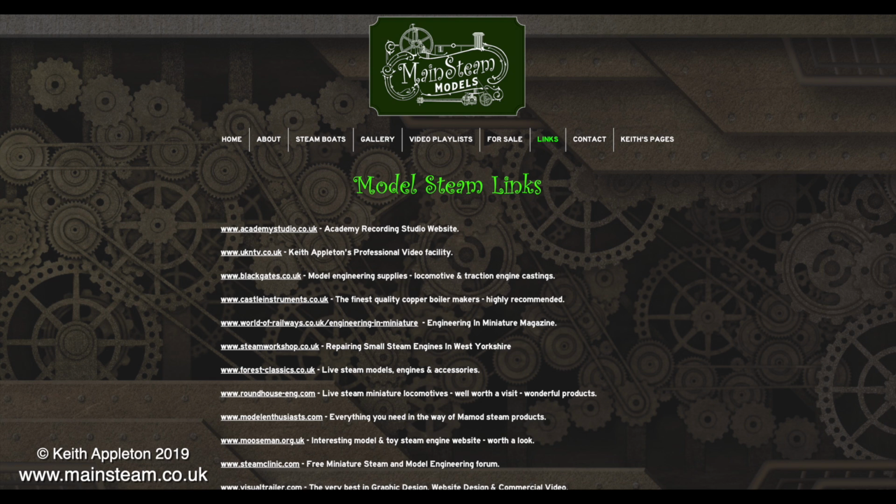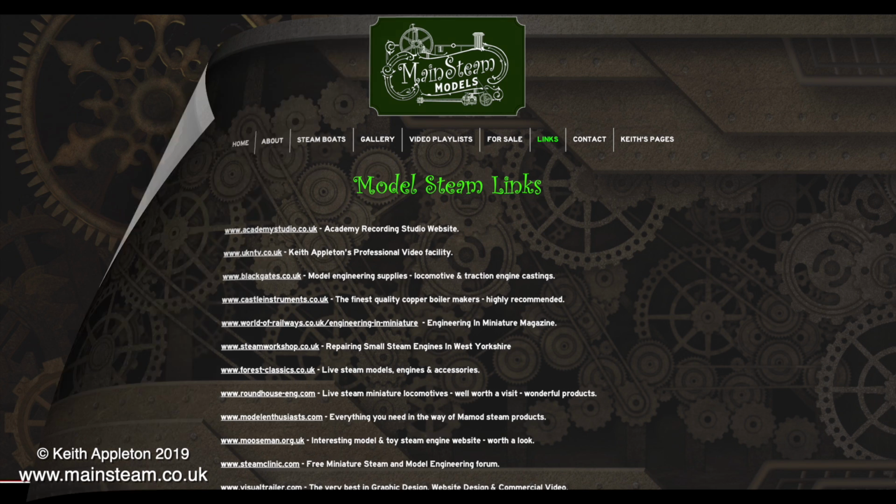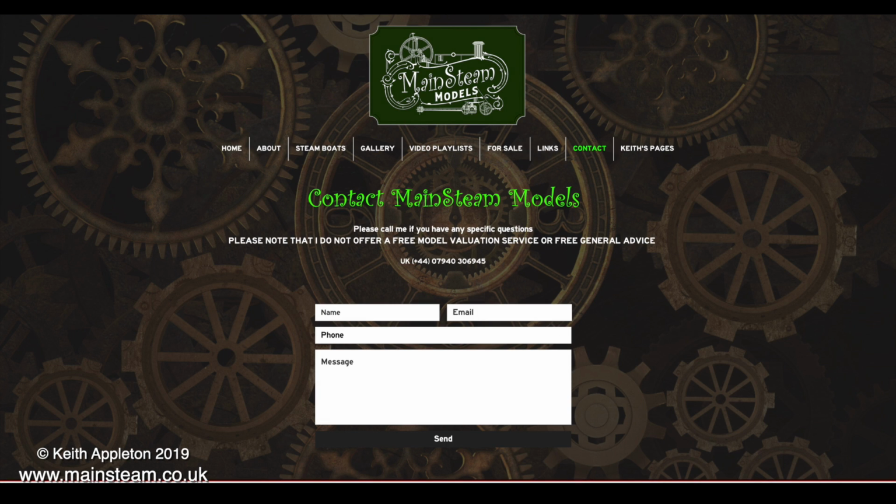That's okay if you're into recording studios and music. All of these links are safe and none of them go to dodgy websites, so there's no chance of seeing something through these links that you don't want to see. And the next button to turn green on the heading is Contact. This is a simple contact form that sends a message to me.